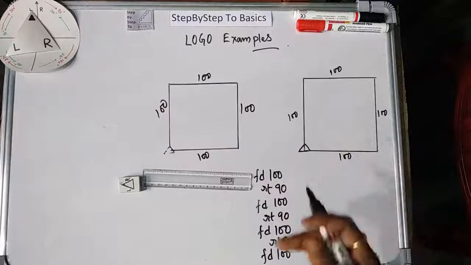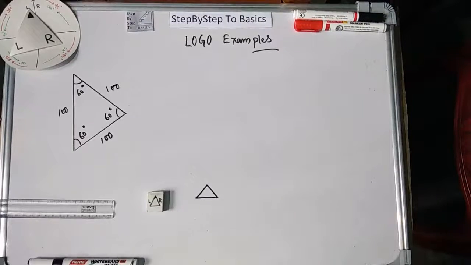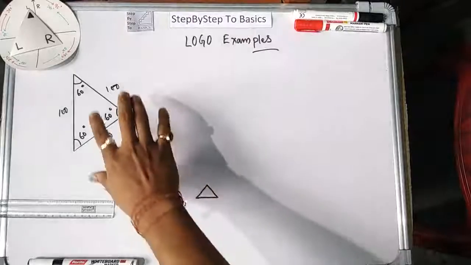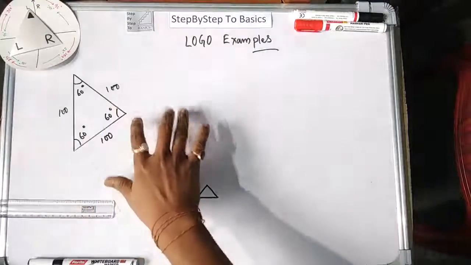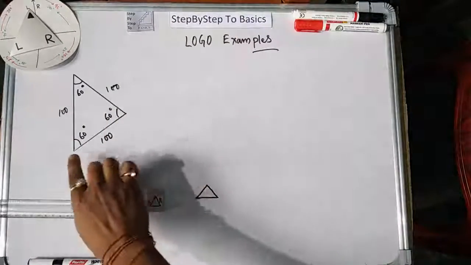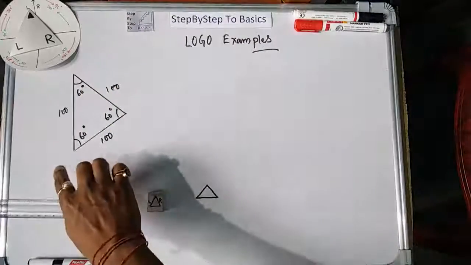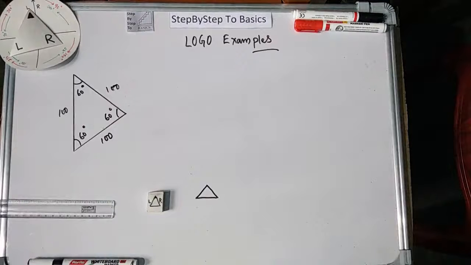Now we will do the second example also. Okay, the second question: as you can see, we have to draw a triangle like this. It's an equilateral triangle, and you can see the alignment is a bit different. I will solve it in a different example also. Here we have to draw like this, then come this way, and then come this way. Steps are 100. I am making it 100 only. So let's start and see how we can do it.